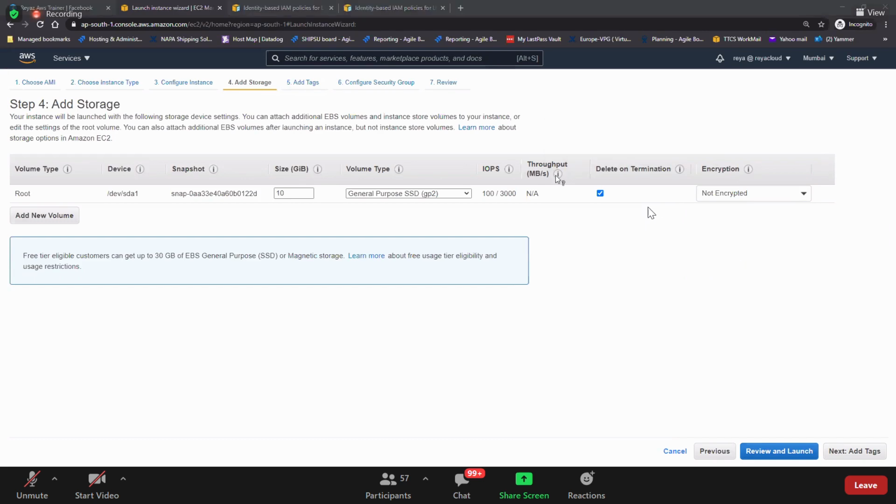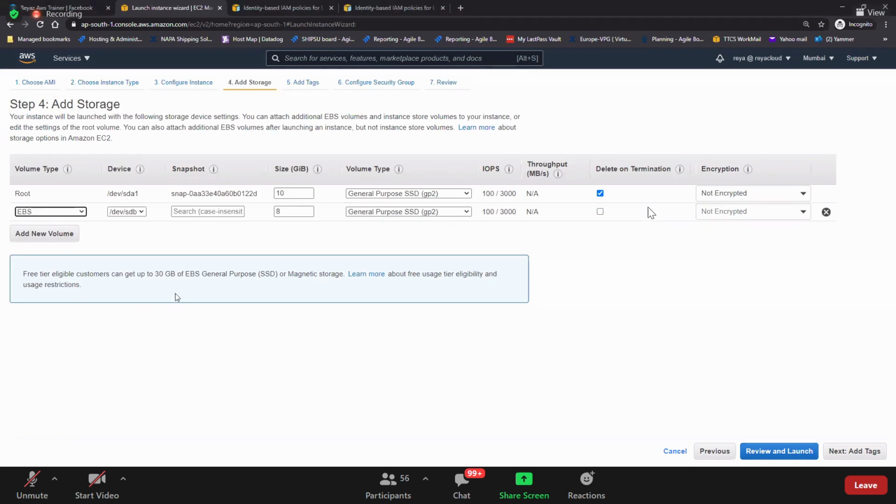This is the root volume, and anytime you can go and add a new volume here. Add new volume. The new volume is your EBS volume. Apart from SDA1, you can go with /dev/SDB, CD, whatever it is, and you can have whatever size you want.